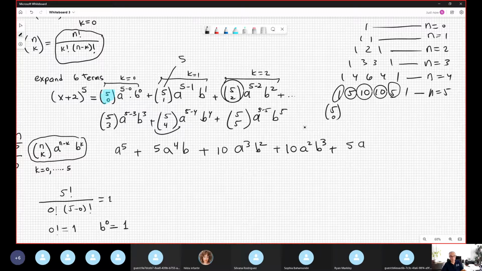A to the 1, 5 minus 4 is 1, b to the 4, plus, and the last case, combinatory number 5 is 1 again. And this is a to the 0, 5 minus 5 is 0, no a, and b to the 5th. But in our specific problem, a is x and b is 2. Okay, no problem. Entonces it's x to the 5th power plus 5,